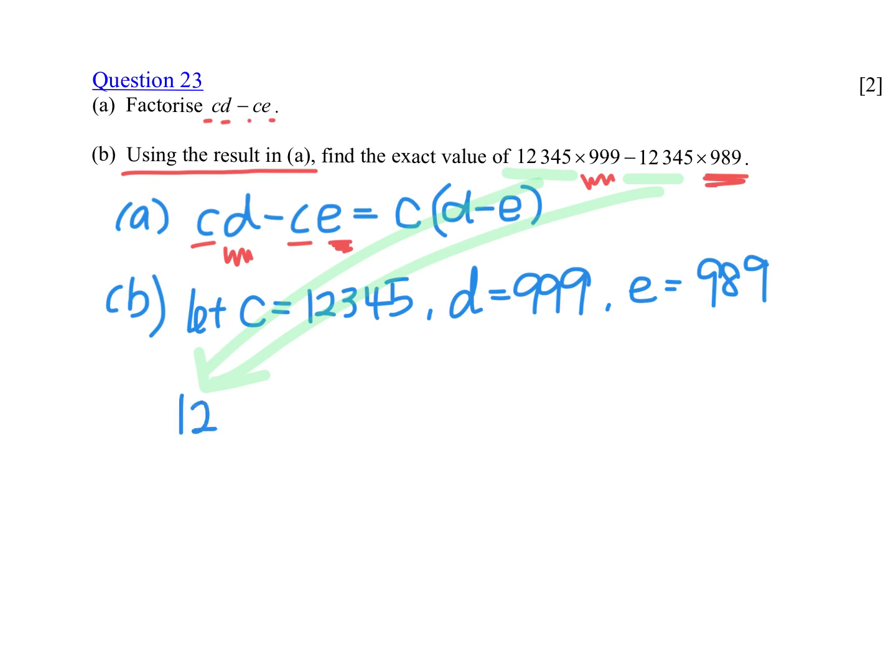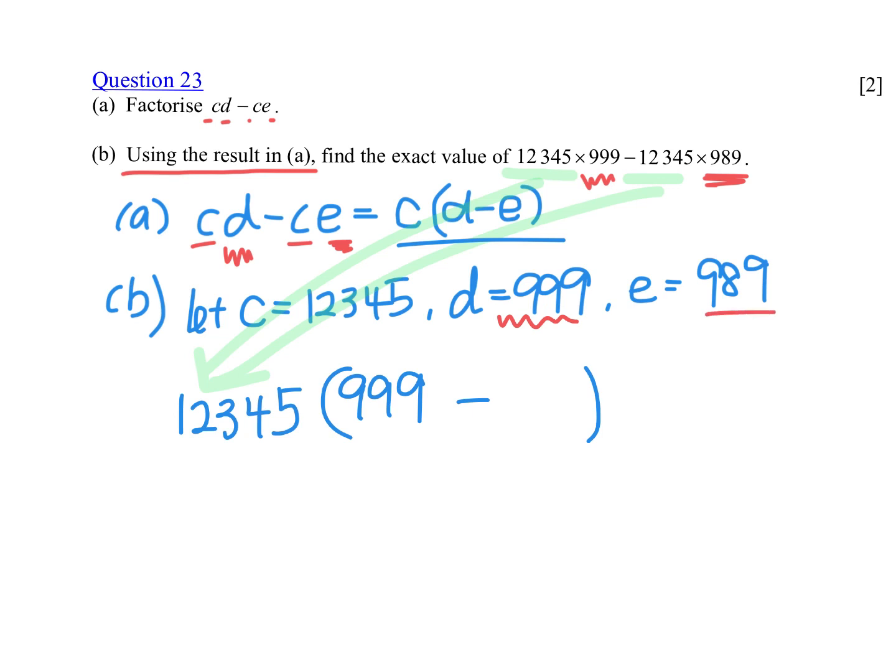So this will be 12345 bracket, and just like our answer over this portion, D minus E. D is the number 999, subtract away the other number 989. That will give me 10. So 12345 times 10 gives me the answer